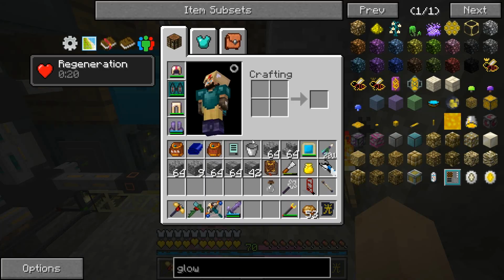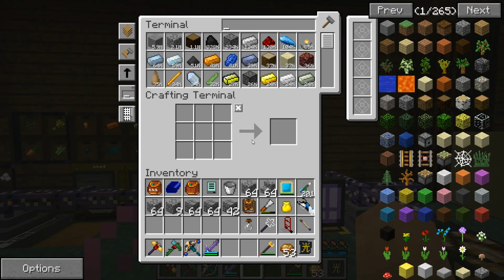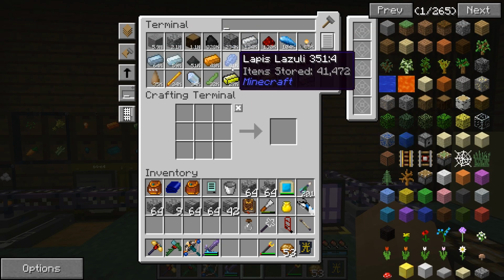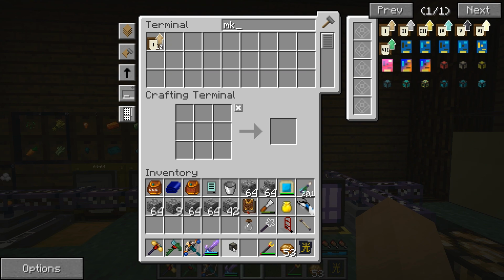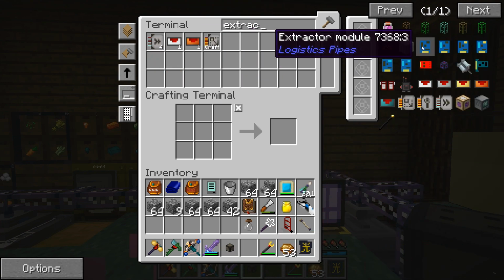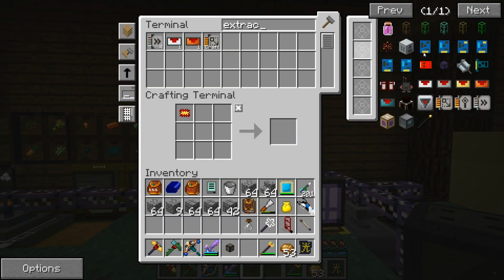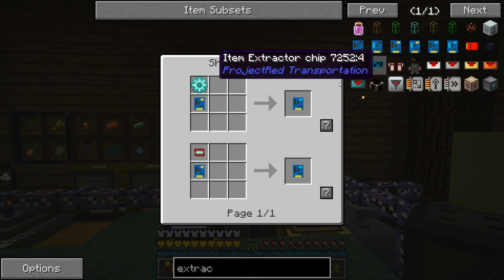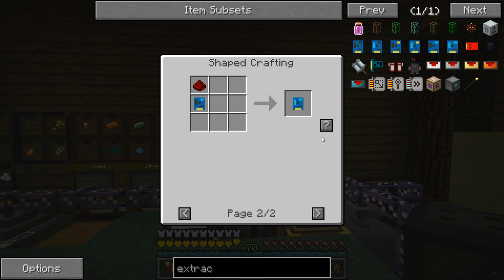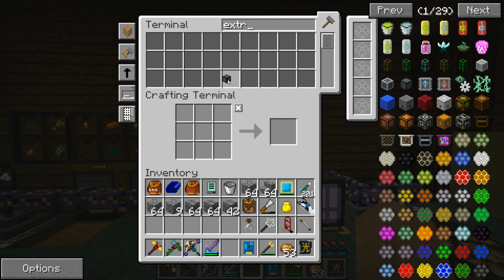Okay. So now we need that augment again, don't we? Or we can set up an extractor. You know what? Let's do an MK2 with an extractor. That'll work fine. That'll work more than fine. Okay. Do that. Into the MK2. Into the MK3. Into the advanced MK3. Good. And I guess we only need...